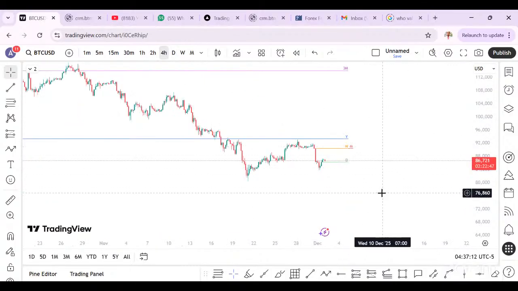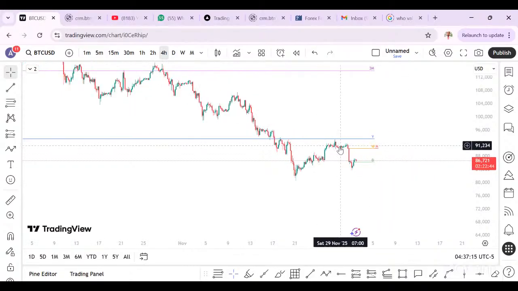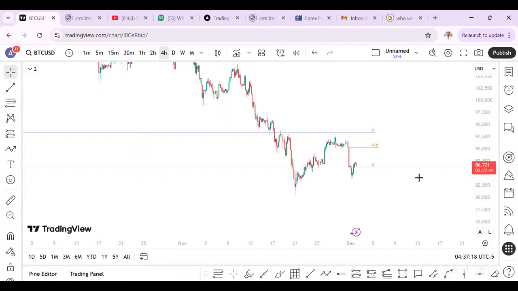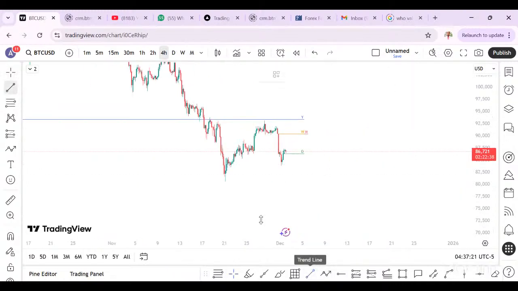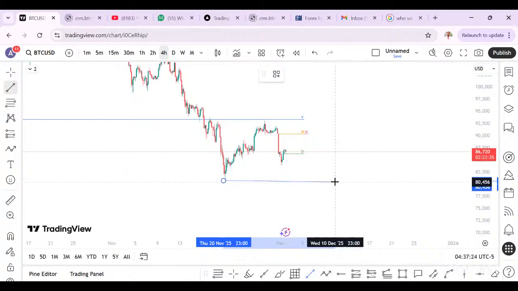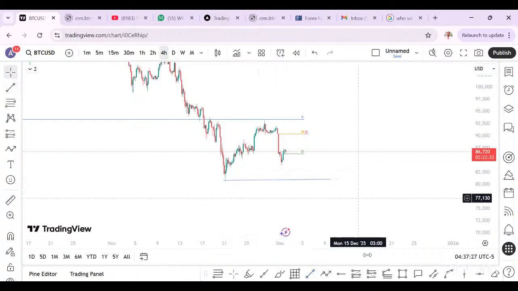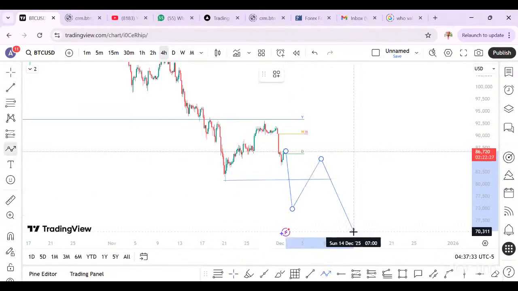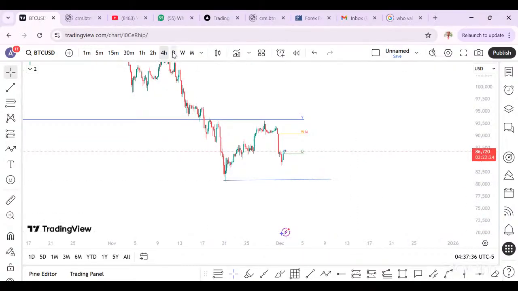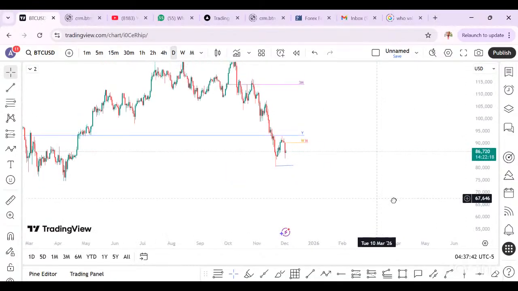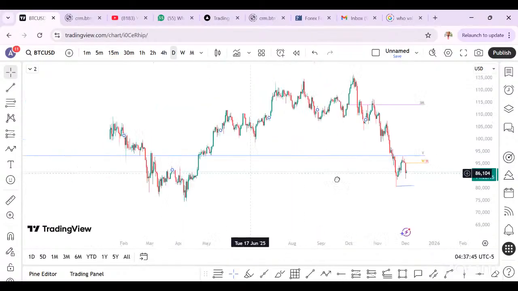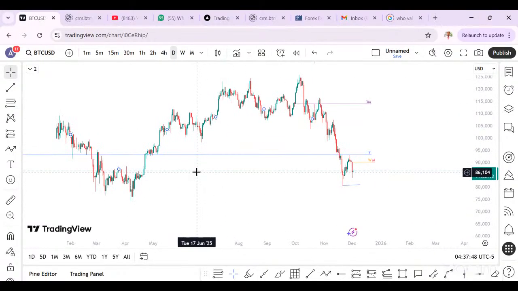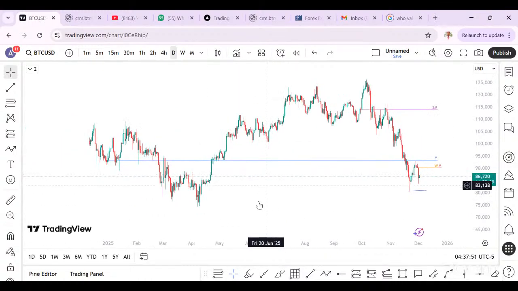So you can see this will be your selling point. Wait for this low to be violated. Once price violates this low, then wait for another pullback, and we begin to sell BTC. But for me, I'm looking at BTC coming more down for the rest of the year because we're already trading below yearly open. So that is BTC selling.